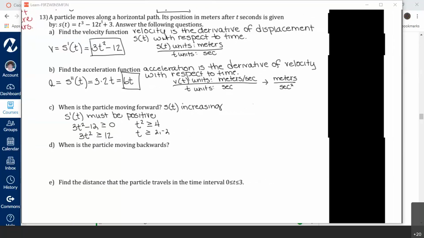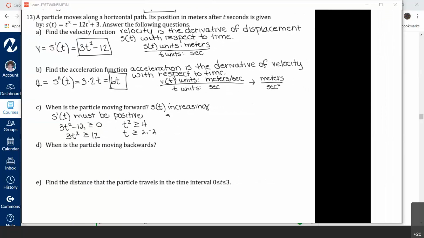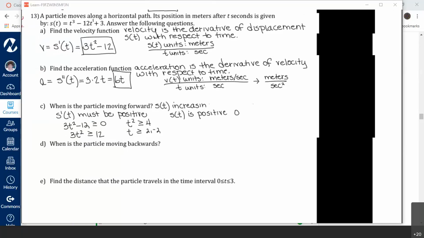You've got 2 roots. But remember, displacement is positive. You're interested in where it's increasing. Okay, so basically between 0,